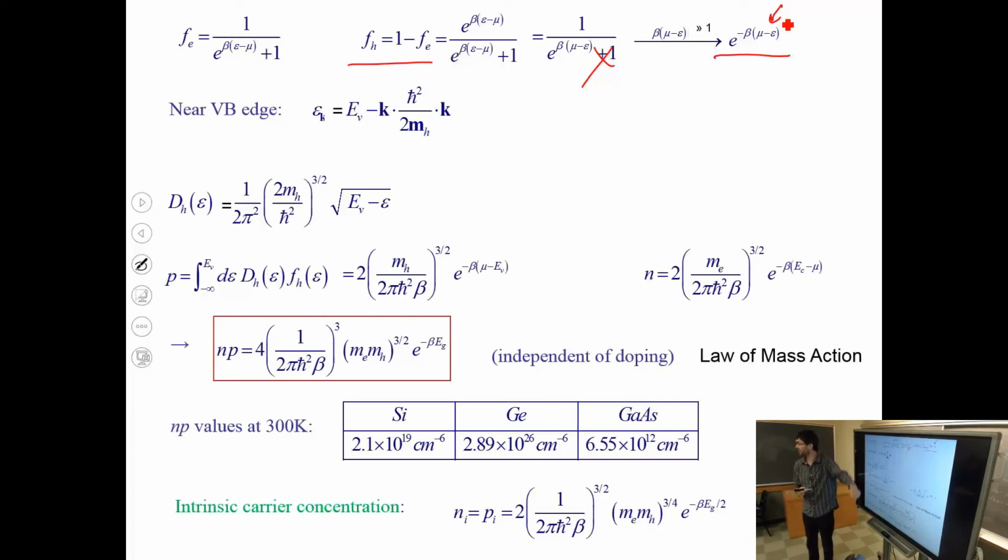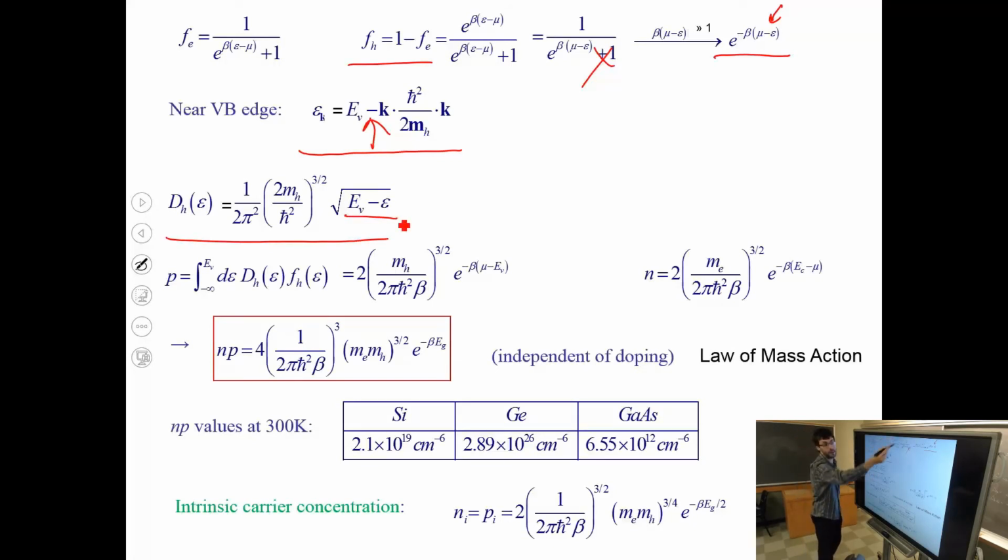So we are going in a negative axis. We're going to integrate down from the valence band top down. And this allows us to do this. So the dispersion relation is this parabola that's looking down. So that's why there is a minus sign here. The density of states is the same expression, but here we have valence band top minus energy going down.